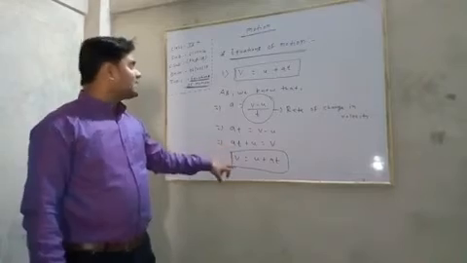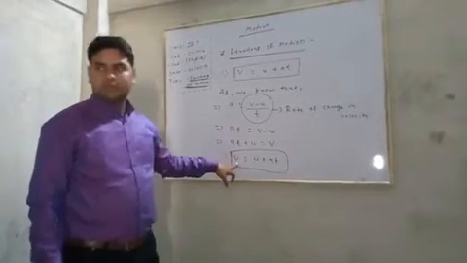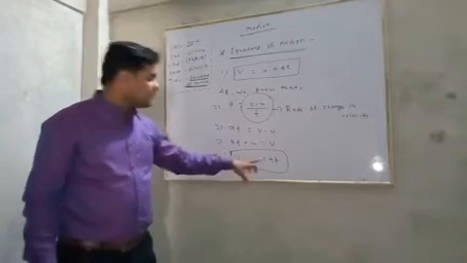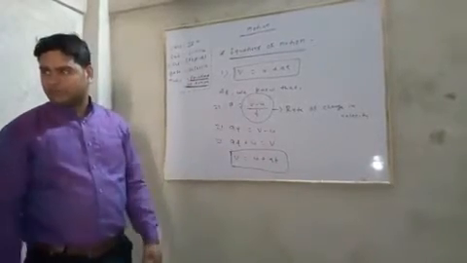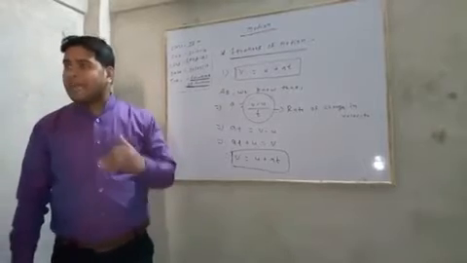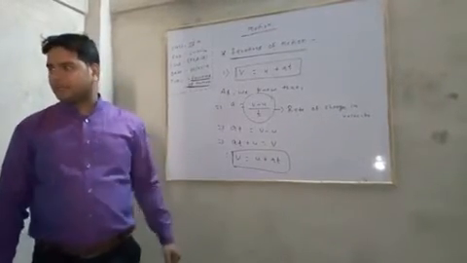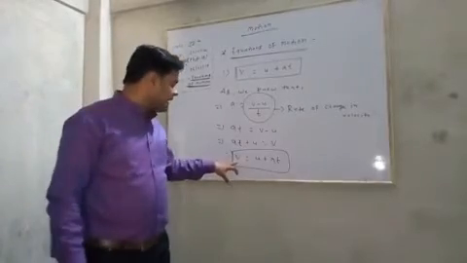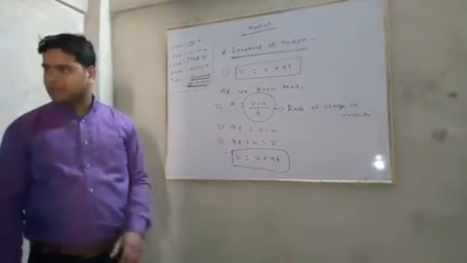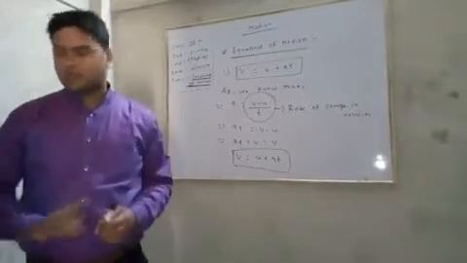So we can also say that the first equation of motion gives velocity in time t. What is the velocity of a body in time t? When time is given, then what will be the velocity of a body? Then it is given by v is equal to u plus at. It is simple to prove. Yes, sir. Any doubt? No.